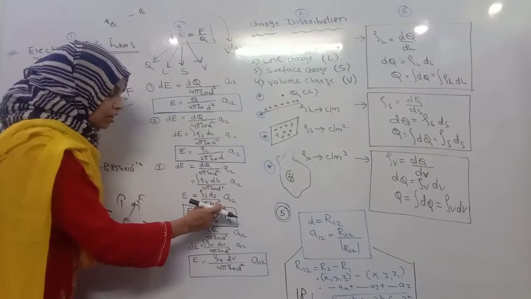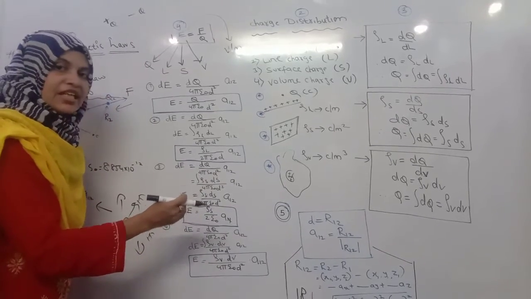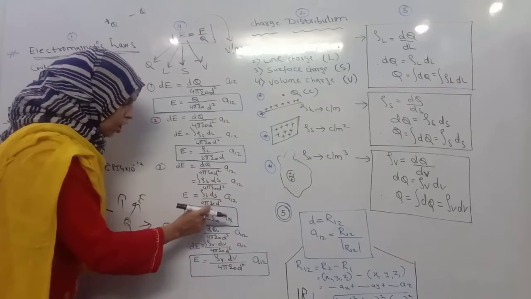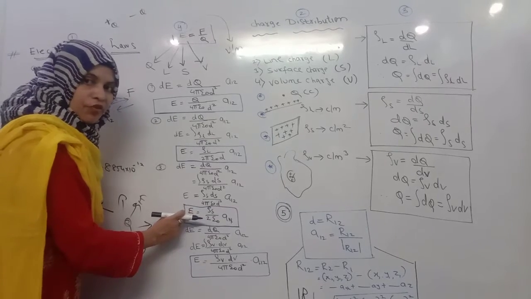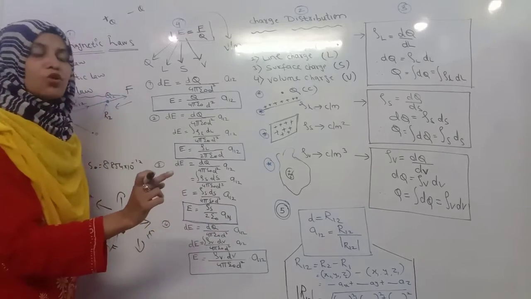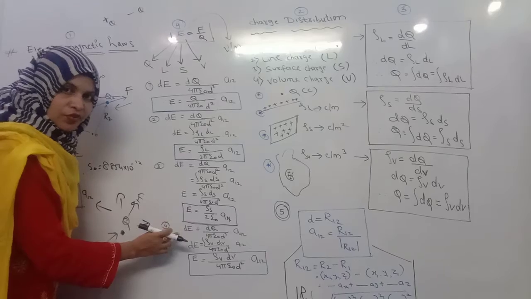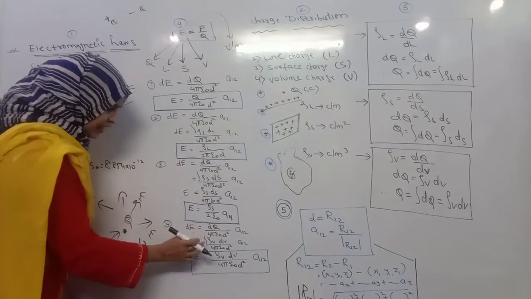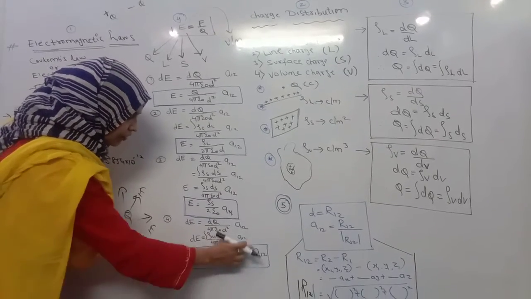After derivation, if my surface area is normal to the plane, at that time all these terms will be cancelled out. While you derive that expression, you will finally get electric field intensity equal to rho s divided by 2 epsilon 0 an. An is nothing but the normal to the plane. And the last one, we are interested in the electric field intensity focusing on the volume charge density. So dq will be rho v dv divided by 4 pi epsilon 0 d square. That will be as it is.